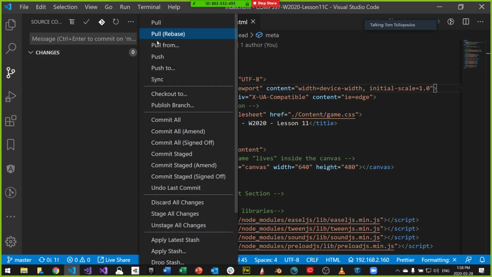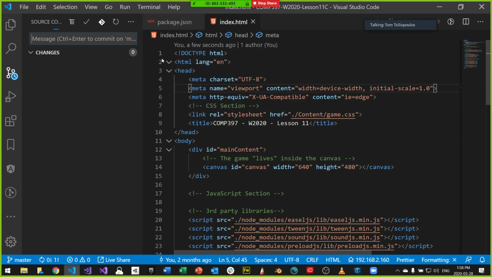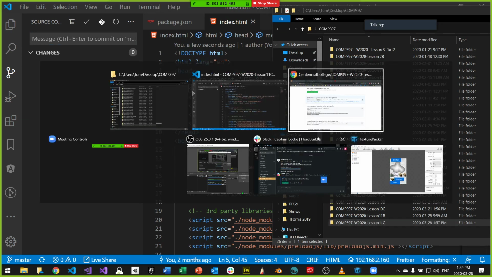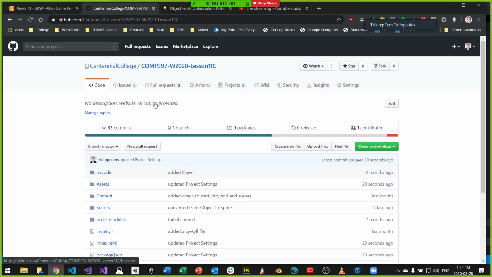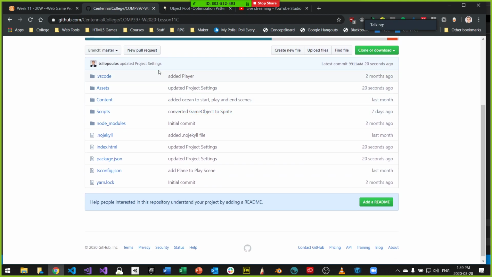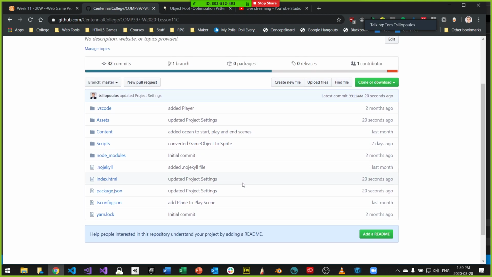So for those of you who are going to download stuff, please download everything from GitHub at this point if you want to keep up with me and be on track. Okay. So again, what we have now is this. We have 32 commits up online, and we have all of this that we've been using so far.